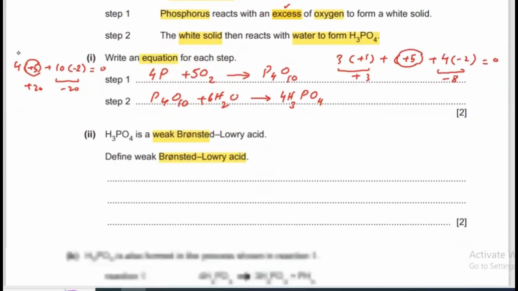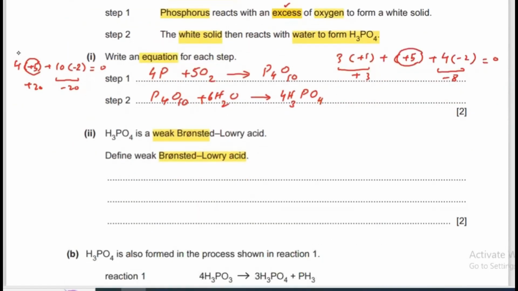In the next part, H3PO4 is a weak Bronsted-Lowry acid. So define weak Bronsted-Lowry acid. An acid is a substance which is a proton donor, and weak means that it is partially ionized. So if we want to define the weak Bronsted-Lowry acid, an acid is a proton, H+, donor. So this is the definition of acid,